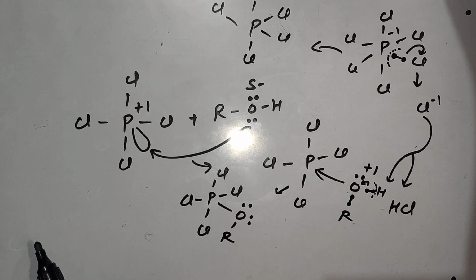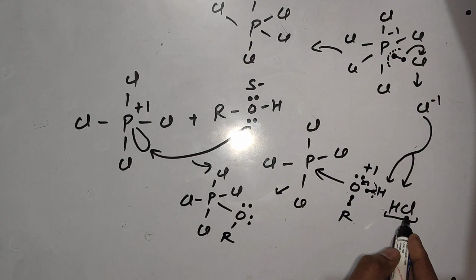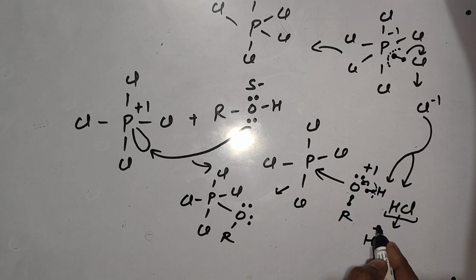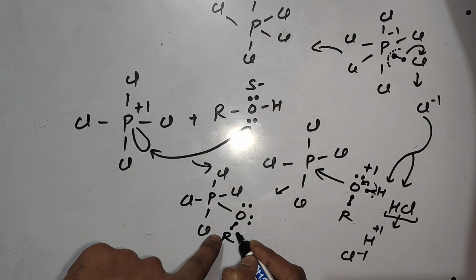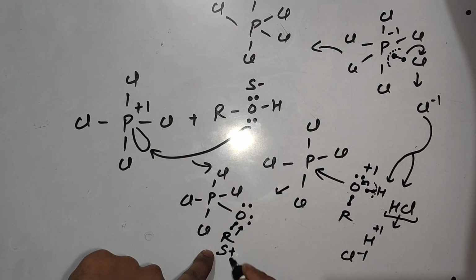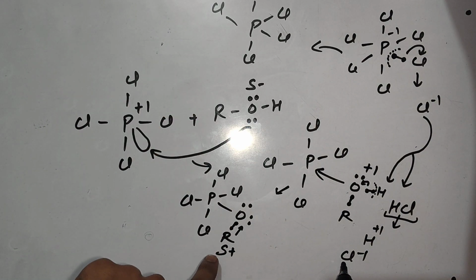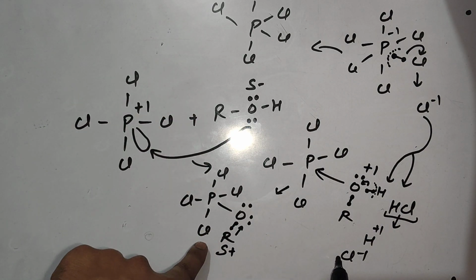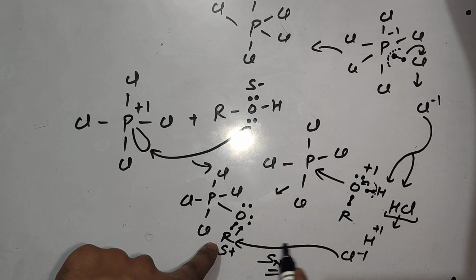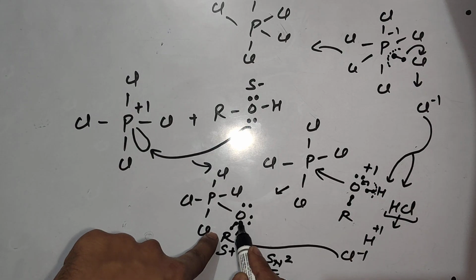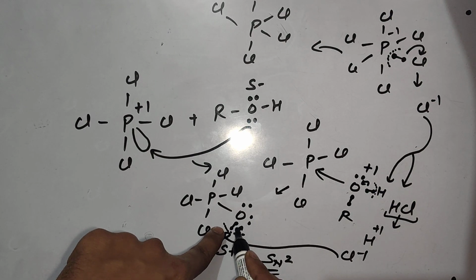Now in the previous video I also told you that HCl is a strong acid. It will not remain in this condition. H positive and Cl negative will again generate out. Oxygen is more electronegative than R, meaning carbon. So this R has a positive charge on it. Cl negative is there. So like in PCl3, the Cl negative attacked on R, the same will happen over here. Cl negative will attack from the back side, which we call SN2 mechanism, on the R group, and the bond between R and O will break and both electrons will shift toward oxygen,